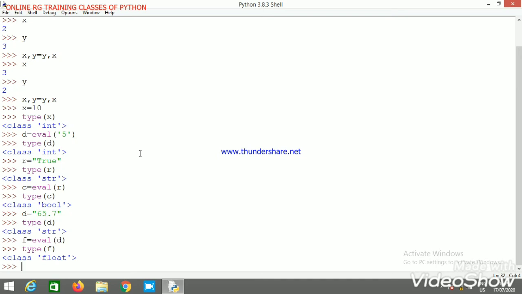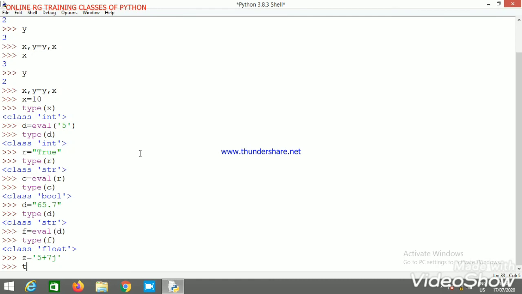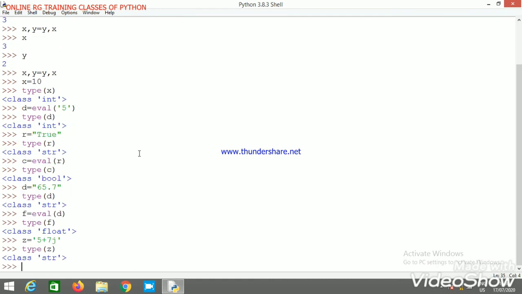Like if we say z equal to 5 plus 7j, a complex value, the type of z is string.